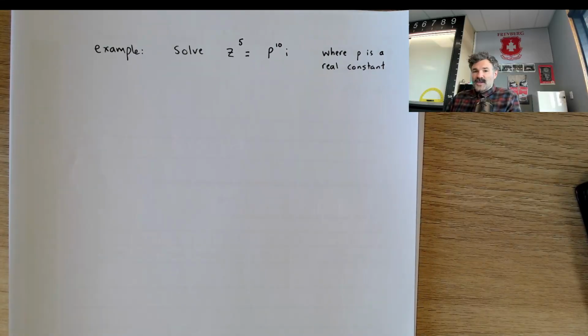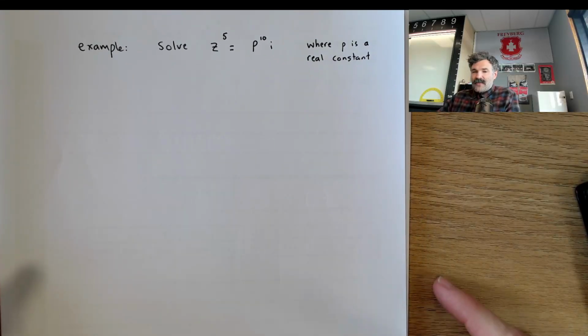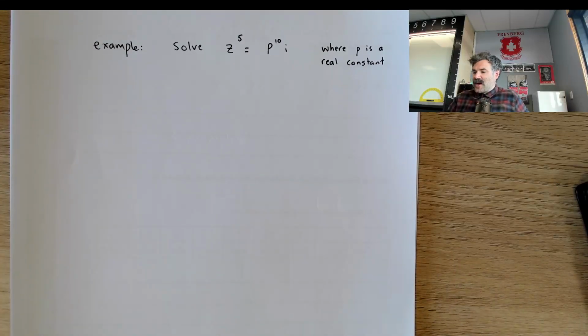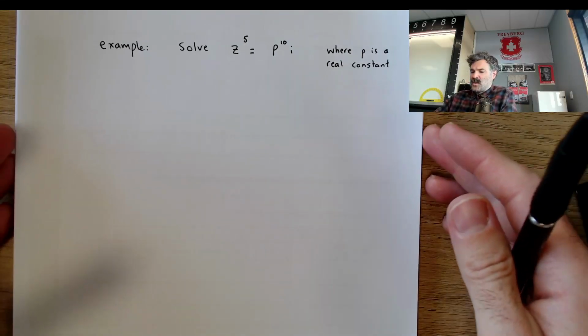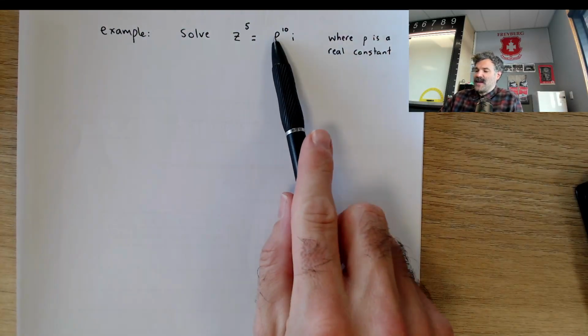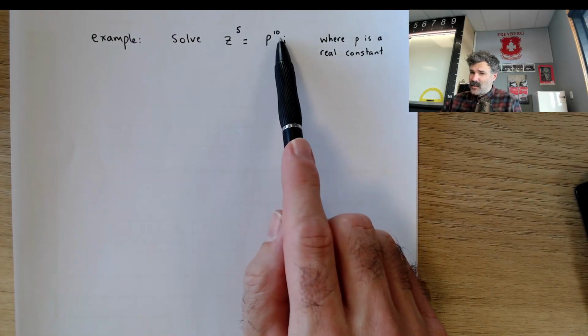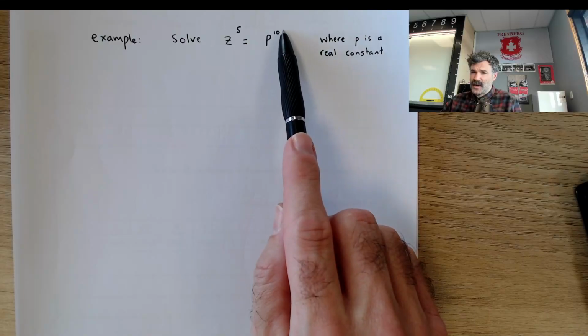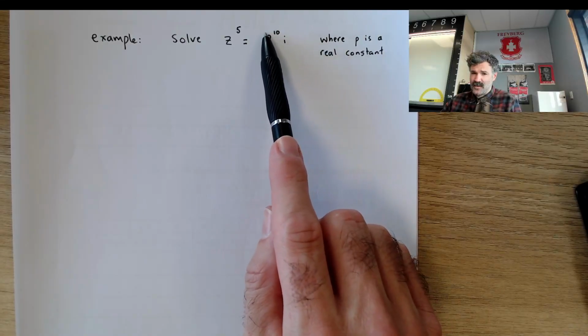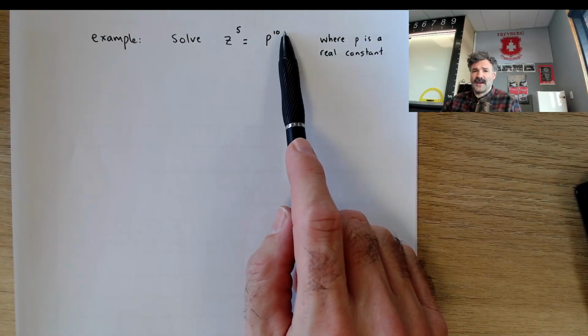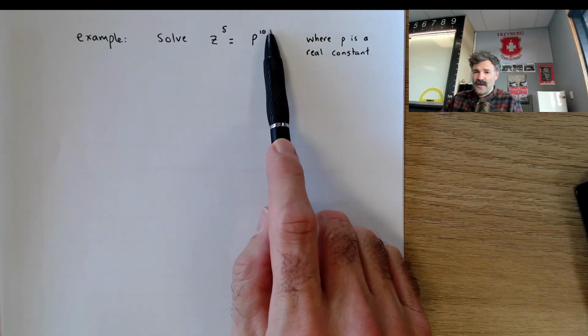All right, so I want to solve z to the power of 5 is equal to p to the power of 10i, where p is a real constant. Now, we talked at the start that we wanted these to be r cis theta. Z to some power equals r cis theta. At the moment, it's not. So I need to try and convert this to r cis theta, which initially is quite confusing and hard to think about, but if we draw it,